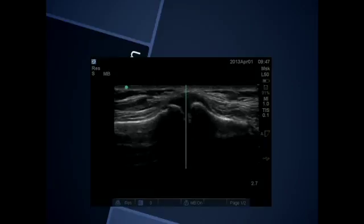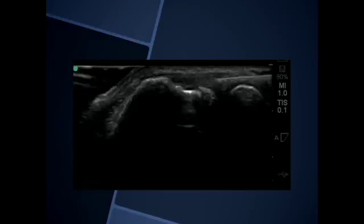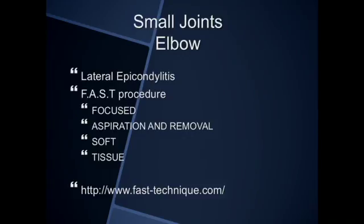A few more things of the second generation we talk about, I'm just going to skip a few slides. We talk about a procedure called the FAST procedure. In terms of calcific tendinosis, you could argue that shockwave works as well as any other procedure, but when shockwave fails and you still want to aspirate the calcific buildup, which is in the soft callus stage where you can actually aspirate, the FAST procedure, focused aspiration and removal of soft tissue using ultrasound-gated procedures, is quite effective and gives quicker pain relief